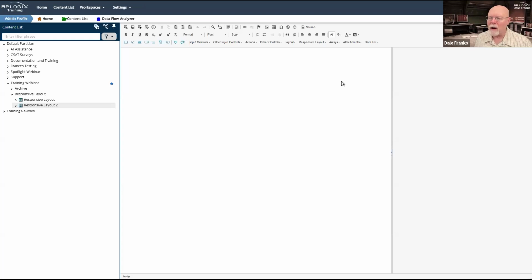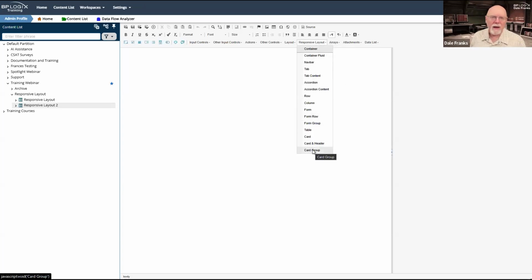So what the responsive layout controls do is they implement some of the major layout features of Bootstrap so that you can implement them in forms. I should say that on the version that I'm using here, which is 6.1.506, it's missing at least one of the elements that we have added in for Bootstrap. There is a nav bar element, but we don't have the nav item element.